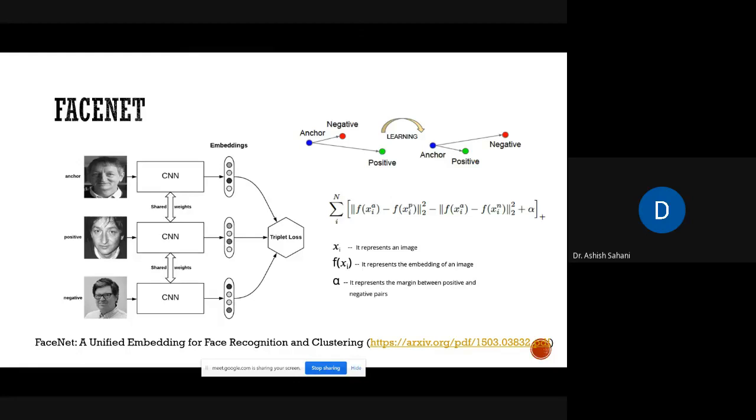It's an architecture with a convolutional network. It doesn't give you a direct output of whether a face belongs to a particular person or not. What it returns to you is a set of embeddings. For example, if you pass a face into this convolutional neural network, it will return, say, 4 or 5 numbers. The method we follow to actually train this network is called the triplet loss method.